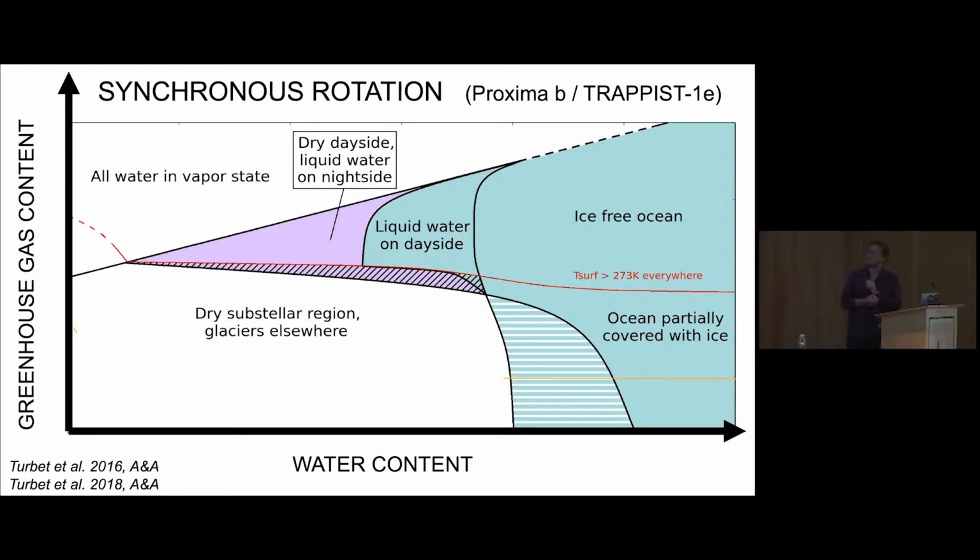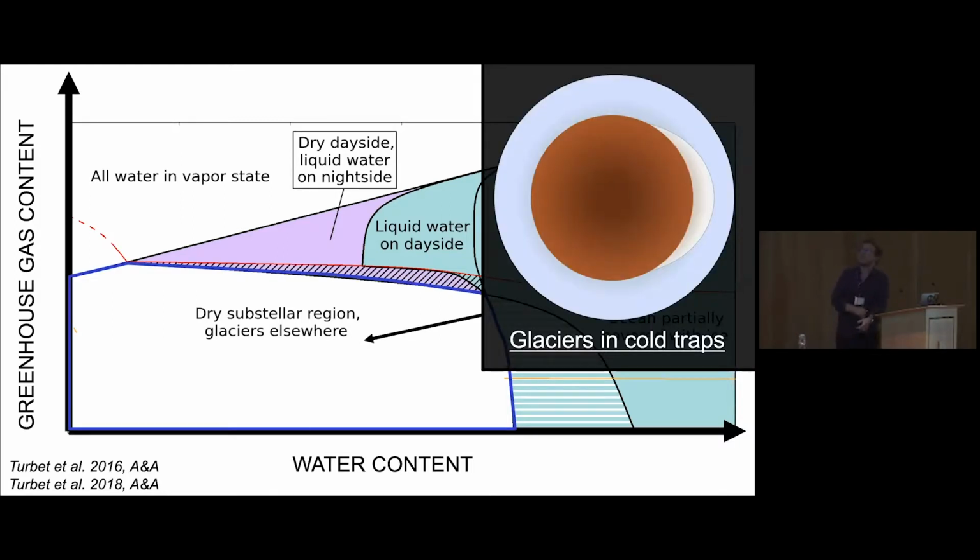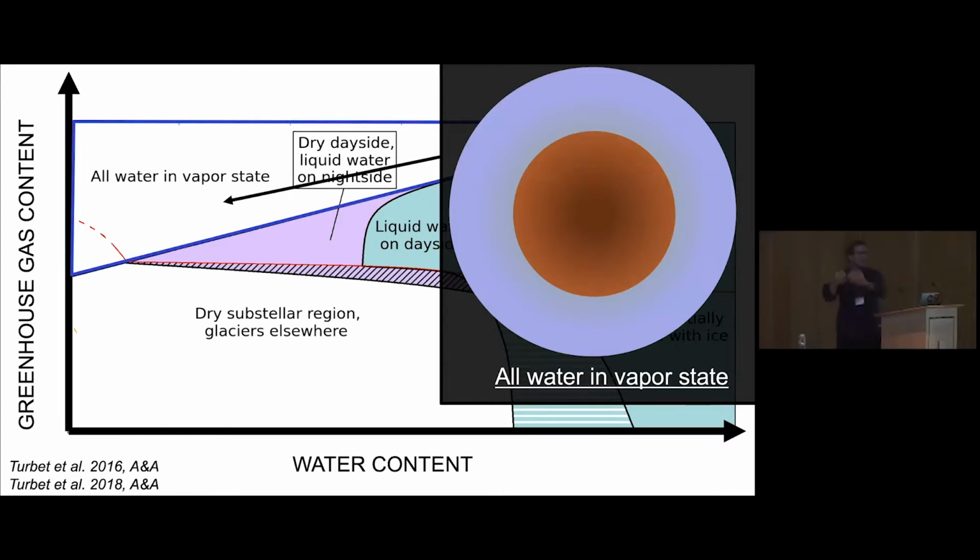In that case, GCM simulations actually predict that most of the ice, most of the water that will be present on the planet should accumulate on the night side of your planet as big glaciers and be trapped, as in the scheme I show you on the upper right of this diagram. If now you move on to the upper part of this diagram, you increase a lot the greenhouse gas content in your atmosphere, then at some point, your atmosphere will be so hot that you will expect all the water to end up trapped in the atmosphere of your planet, quite similar to what's happening on present-day Venus.